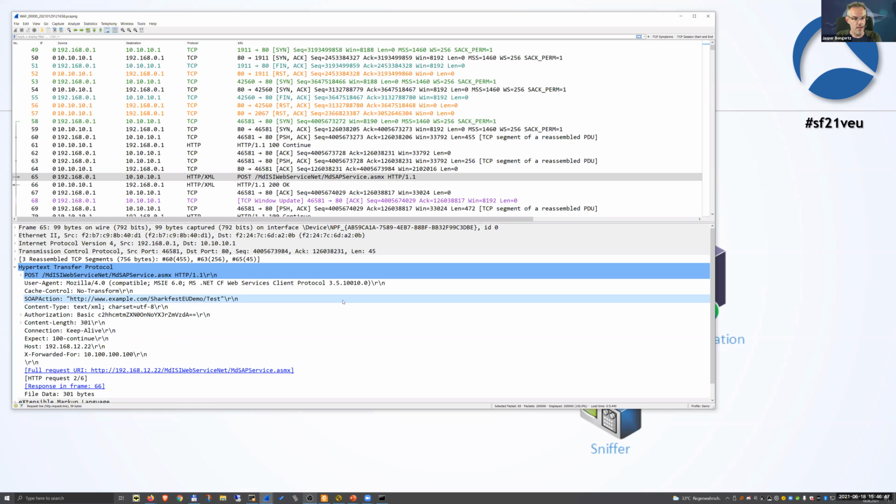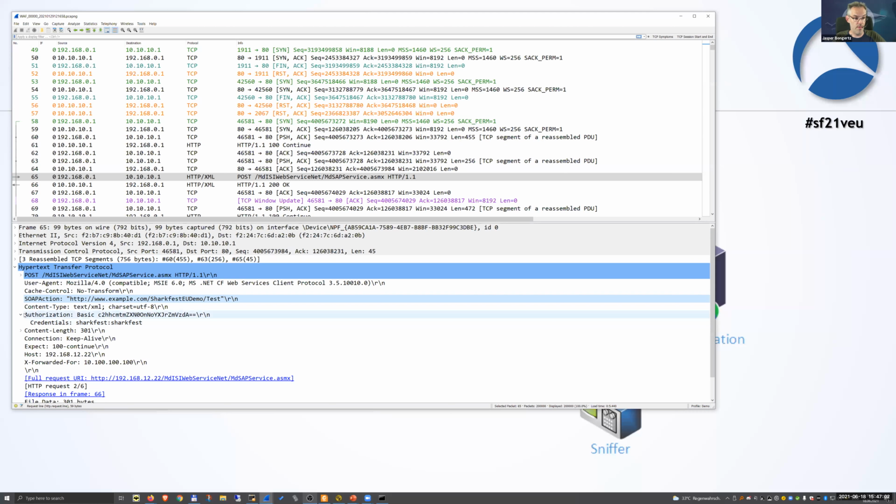In this case, you can see the call here is the test call. It's just called tests, I don't know what it does, but that was one of the valid ones. There's also an authorization in here. I replaced it with SharkFest because sometimes people in those presentations grab this string, and they know it's Base64 encoded and revert it. So I had to replace it too.